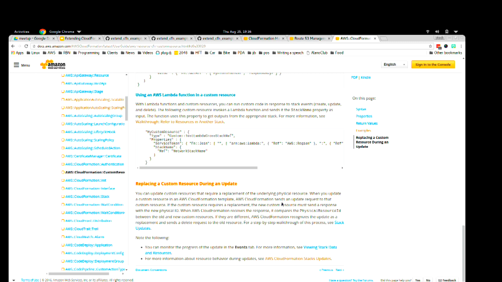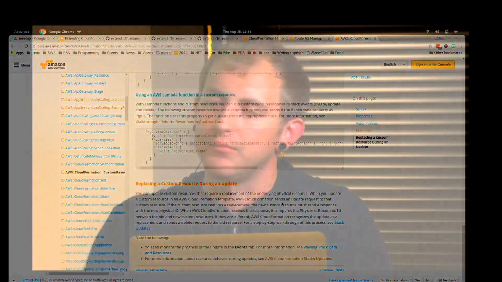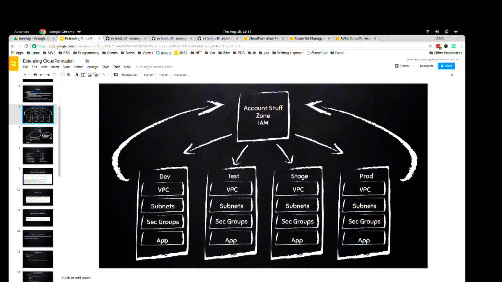Well, they do have a way. There's a trick to get it to update, but they call it the network stack lookup or something like that. And it's a pattern we typically use: we'll build a network with a nested pattern and keep that as a standalone stack, and then we'll build different stacks on top of it. Kind of like that pretty little diagram we had. So say this guy's your network stack,